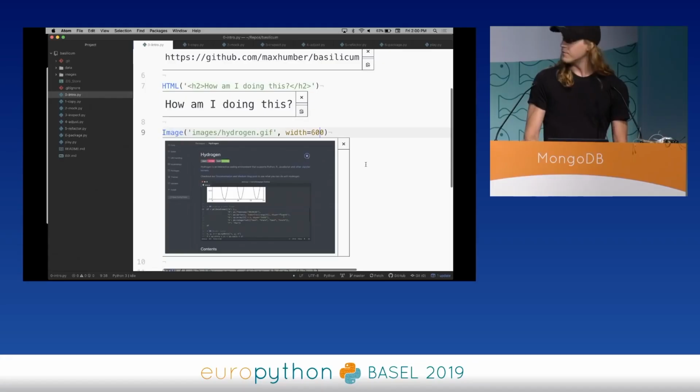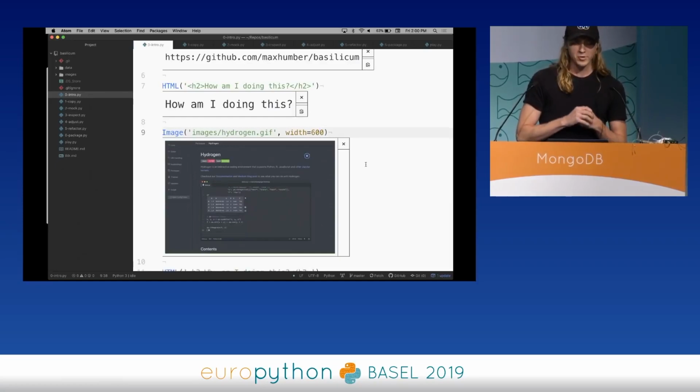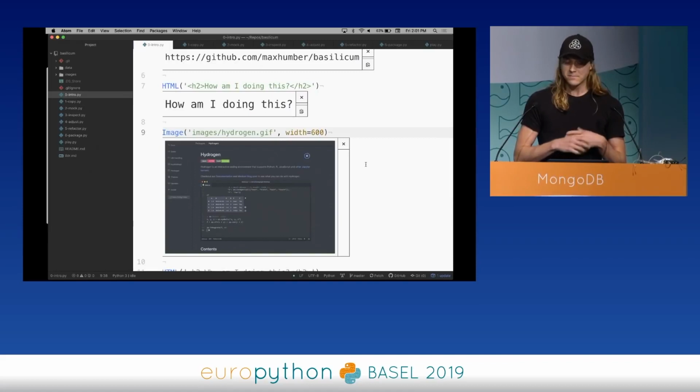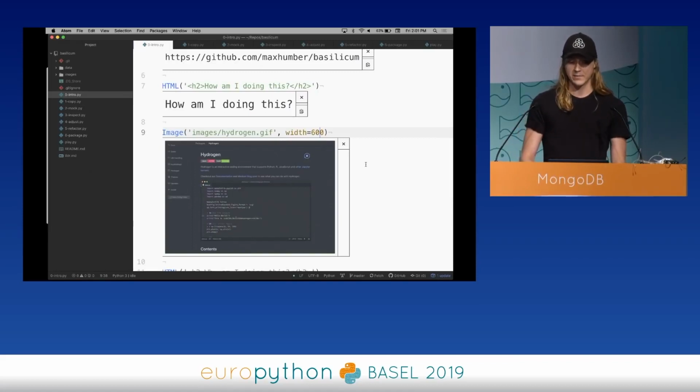All right, how to read code. All of these examples will be a bit different. I'm going to try to give you an Atom example. There's been a lot of VS Code, there's been a lot of PyCharm. My preferred editor is Atom, though I believe you could do many of these ideas in any preferred IDE development